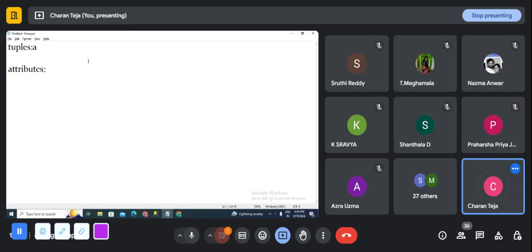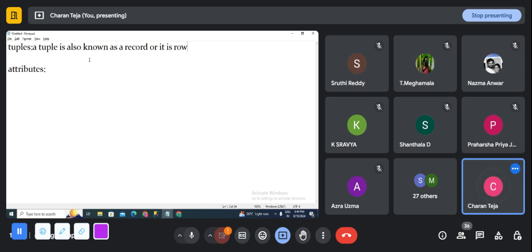See here, tuple. A tuple is also known as a record, or in our terminology it is also known as a row. In SQL we call the row items tuples. Remember that one, it is a basic unit of the data in relational databases. We know that relational databases are SQL only. Non-relational databases,